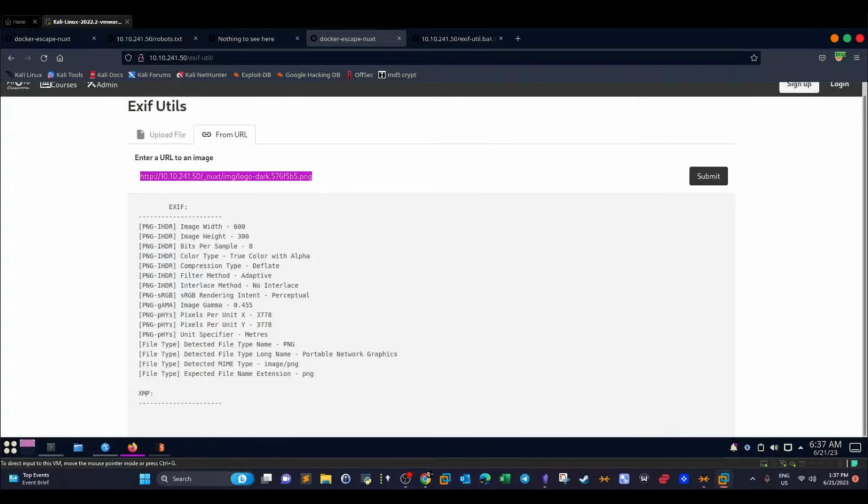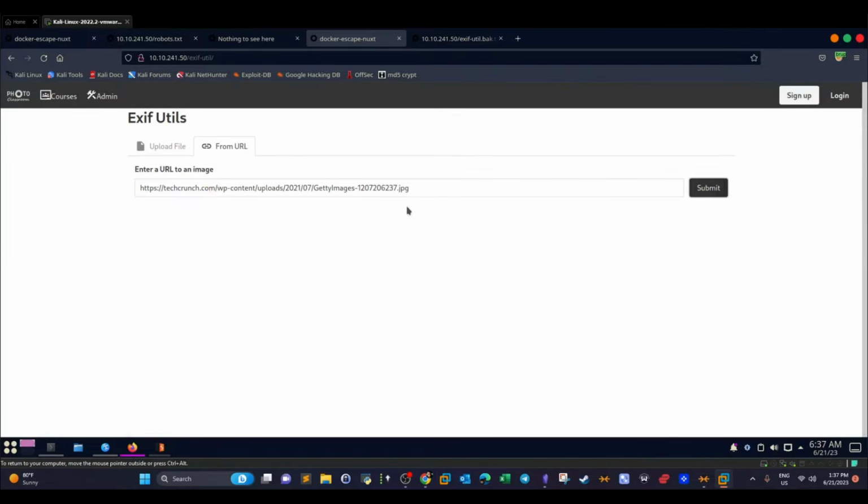vulnerability, or we can somehow include requests or make a request to remote URLs from the server. Okay, so this could be local remote file inclusion, or SSRF vulnerability. So let me try some remote image. So let's see here. Okay, this one. This is a remote image, as you can see, it exists on this site. If we submit,